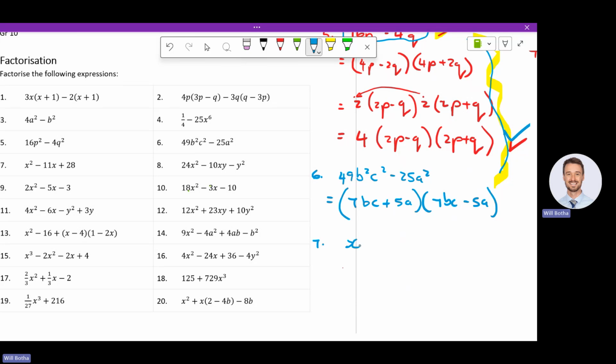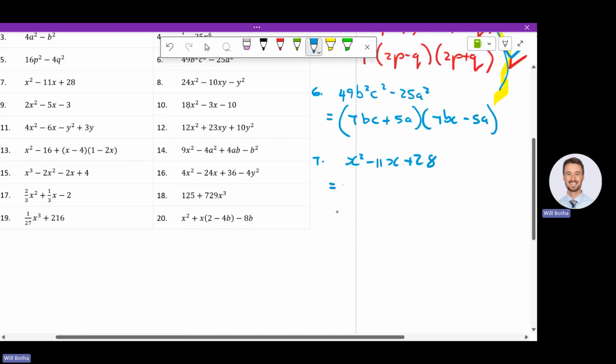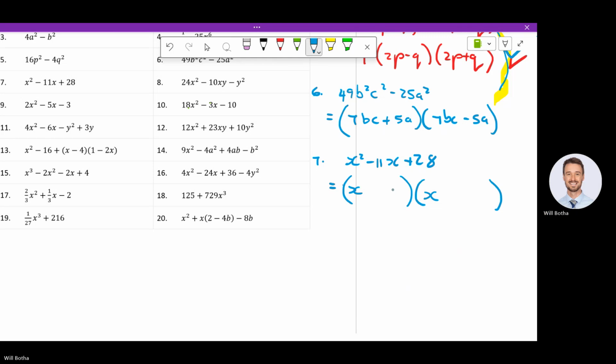Is it x squared minus 11x plus 28? That one. Okay, well, I'm doing this one for you. So what we'll try and do is see what factors of 28. I know the first one, x times x is x squared. That's easy. What factors of 28, when I add and subtract them, can give me 11? 4 and 7 can work. If I have a negative and a negative, that'll adhere to all my rules.